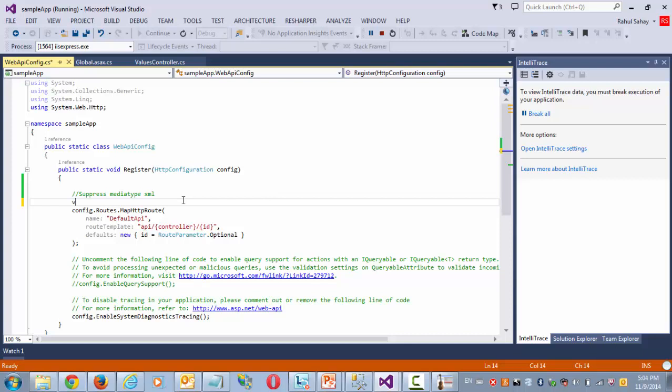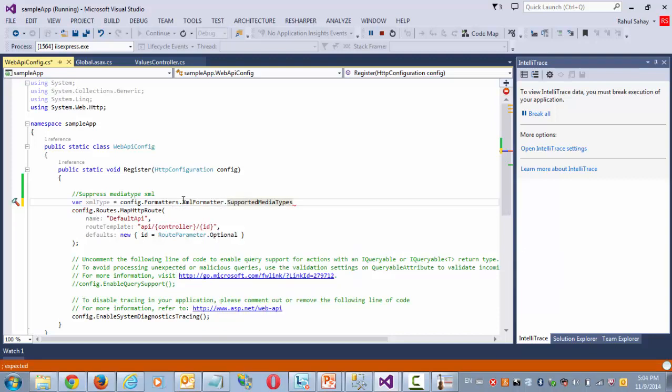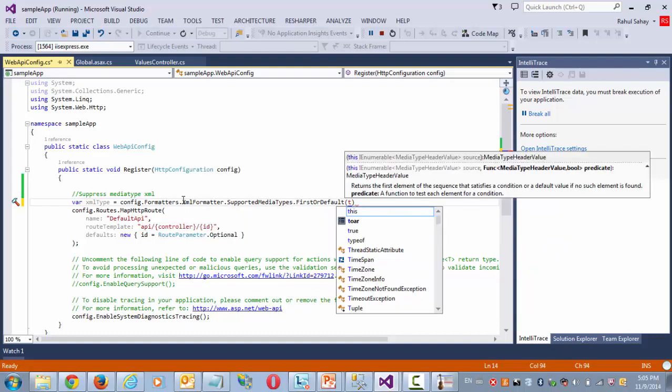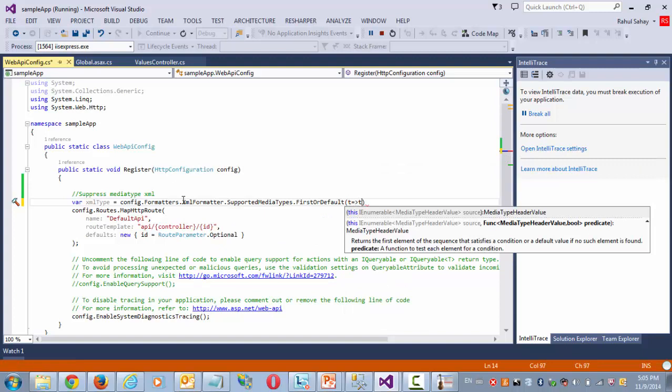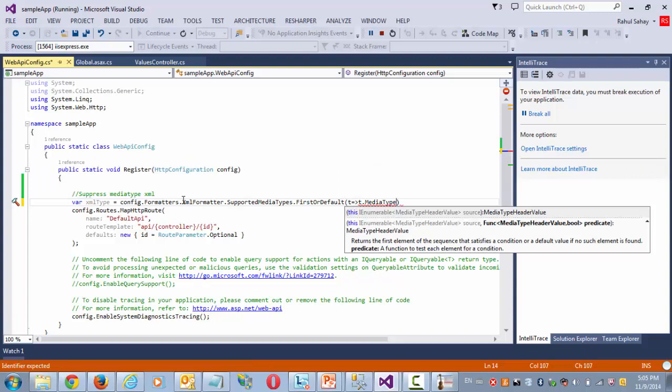So let's say where XML type, I will select config.Formatters.XmlFormatter, go to SupportedMediaTypes, select the FirstOrDefault, and extract that value of media type, which will be equal to application/xml.